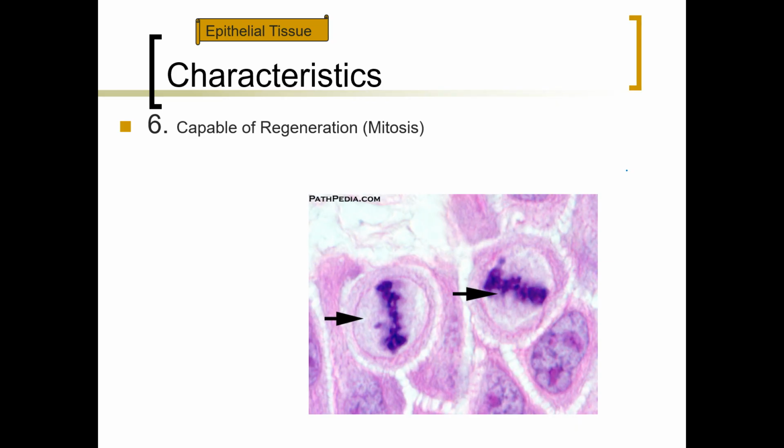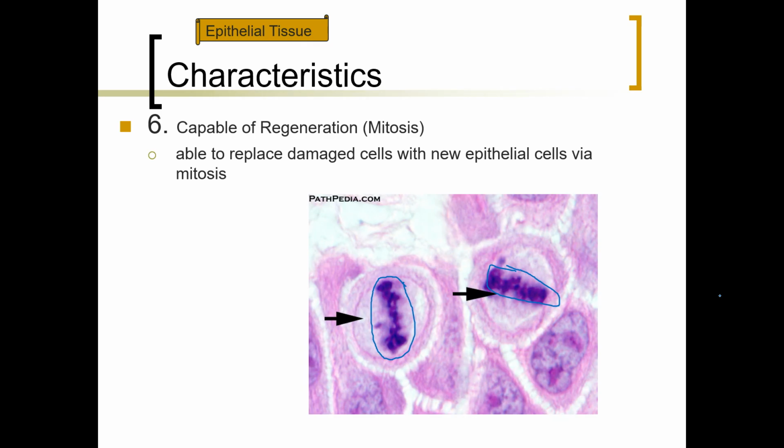And the phases of mitosis, if you remember from the cell cycle, when the nucleus divides, you have your prophase, your metaphase, your anaphase, and your telophase. Do you all have any idea? Both of these cells right here are representing the same stage of mitosis. Do you happen to know what stage of mitosis is represented by both of these cells? All the chromosomes are lined up along the middle of the cell. That would be metaphase. So both of these cells are showing metaphase right now,